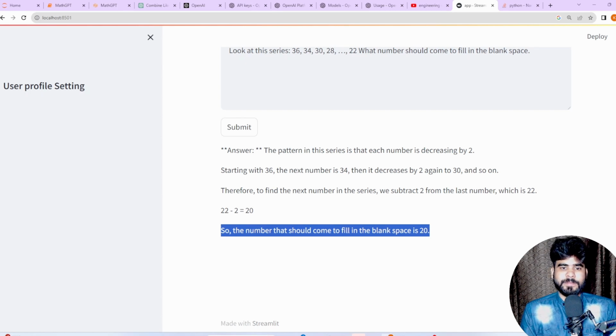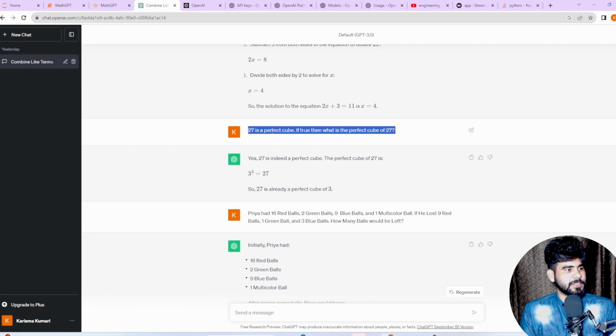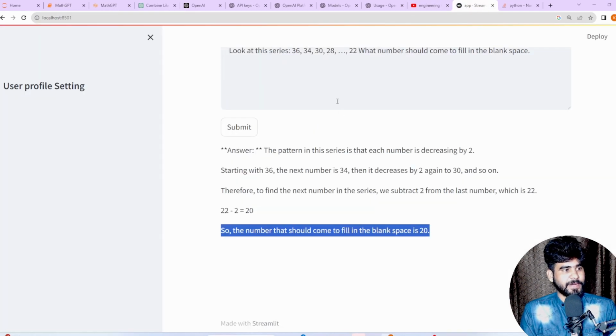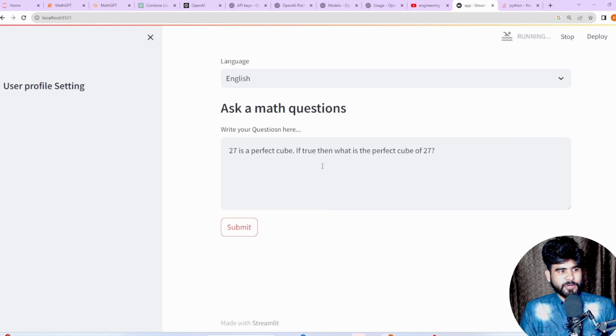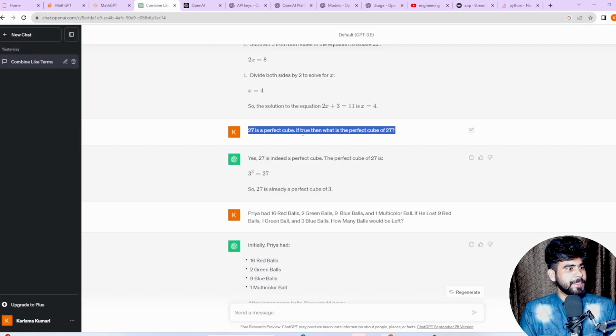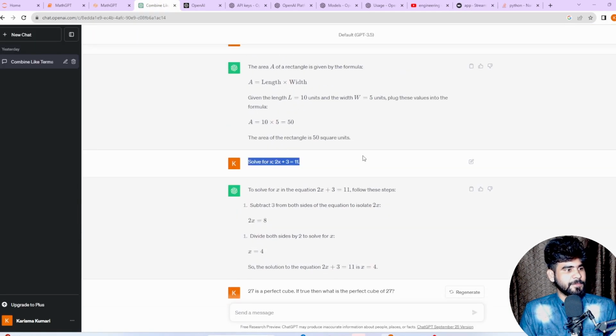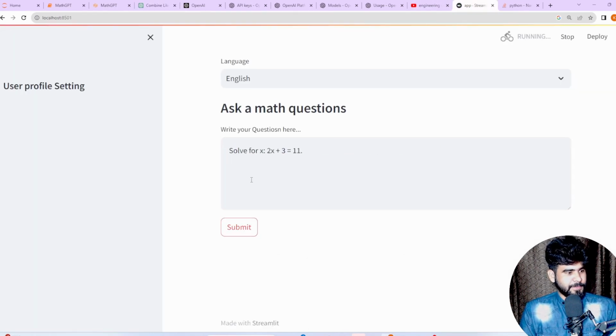Now let me ask some more questions. Let me go over to ChatGPT, the previous questions. Let me ask these questions so that we can verify with multiple questions. Submit. Now it's running, so let's wait a few more seconds. The perfect cube of 27 is 3. Now let me ask one more question from here. Let me submit.